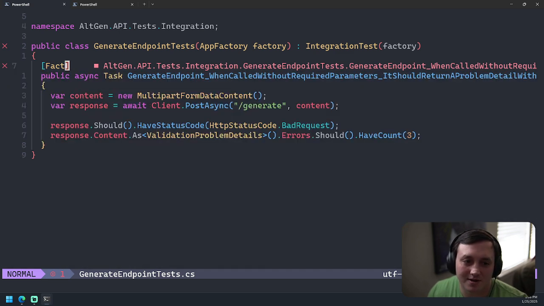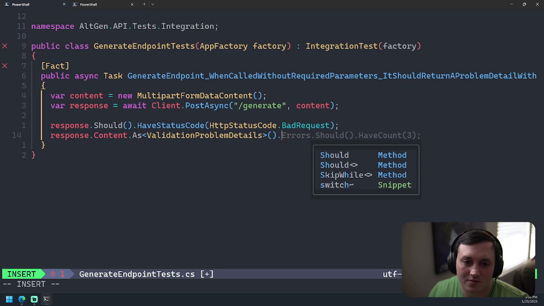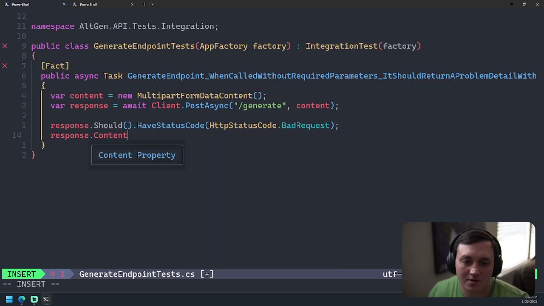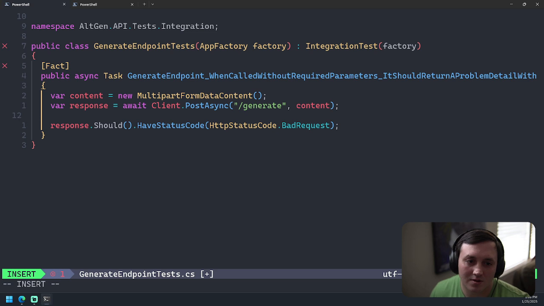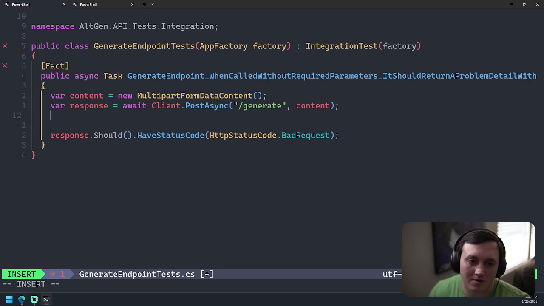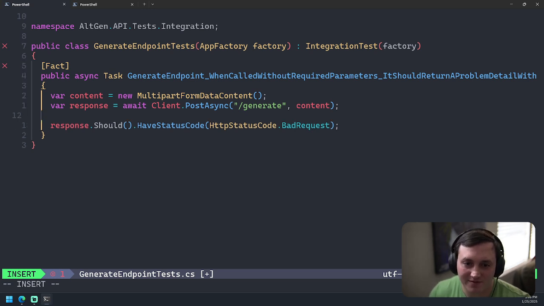It's still throwing. Yeah. Okay, I'm gonna have to...